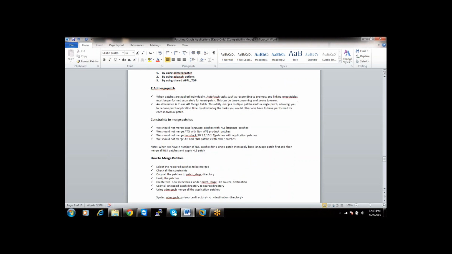With the help of AD merge patch, we can merge patches. If there are five patches to apply, you are supposed to apply the five patches individually for your application, which may take a long time. Each time you start patching, it will ask you for prompts where you have to submit answers.